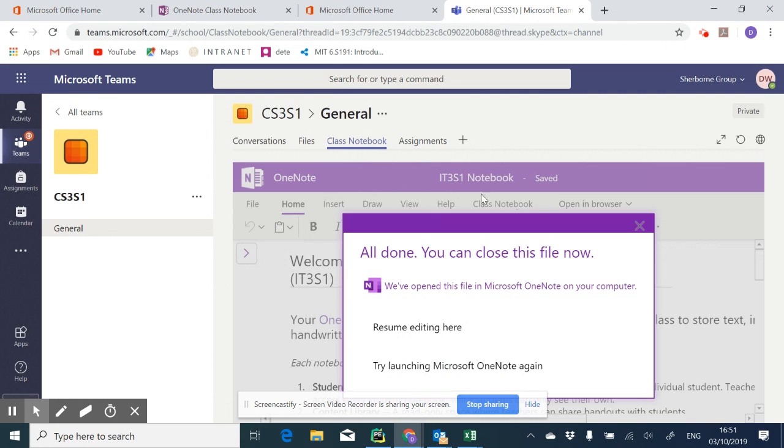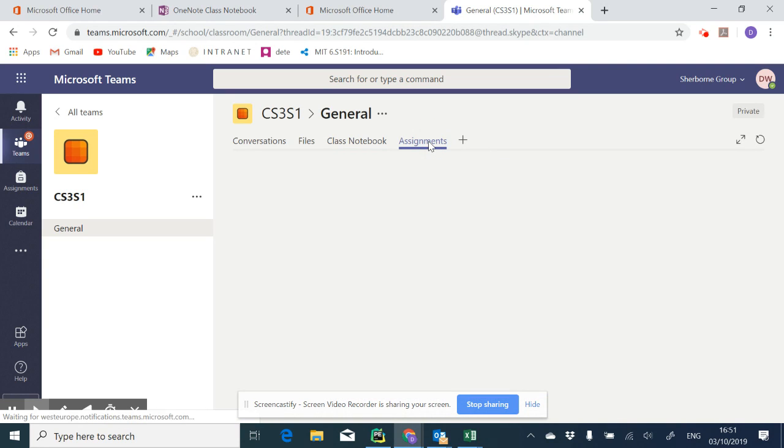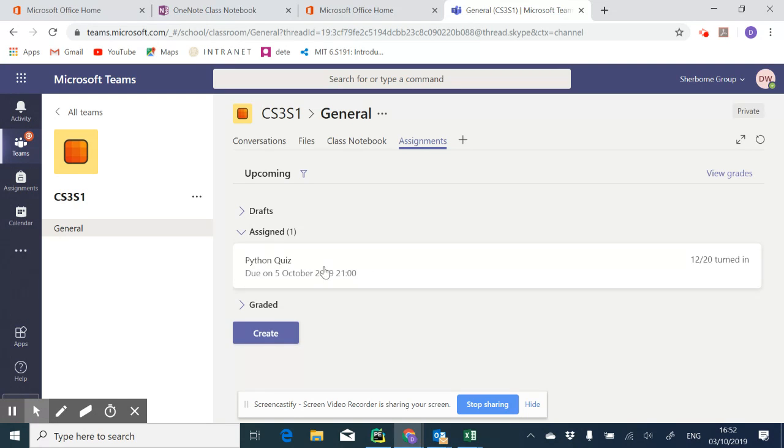Just close that again. So back in Teams, sometimes you might get one that is an assignment. So you go to Assignments, and if you just wait for a second, you should see if there are any assignments waiting for you. Now I see a Create here because I'm a teacher, but you won't see that. You'll see here, for example, Python quiz, and I can see that 12 out of the 20 at the moment have turned that in, which means submitted it. You simply click on the Python quiz here,